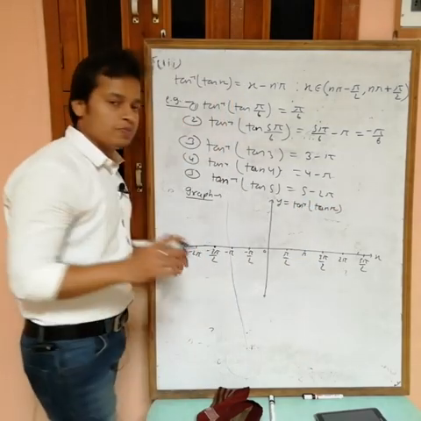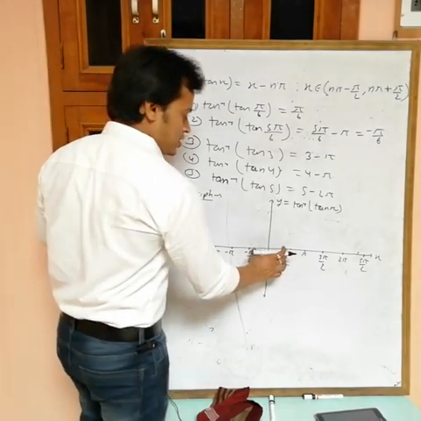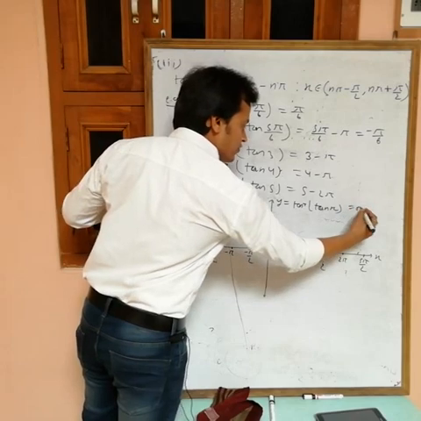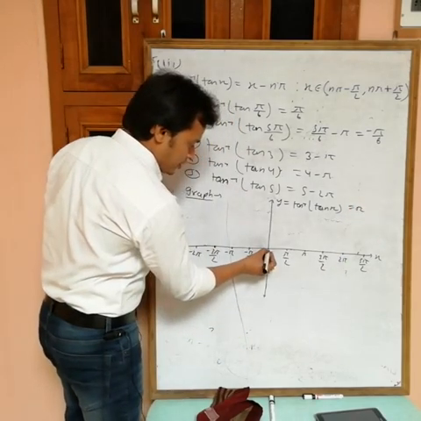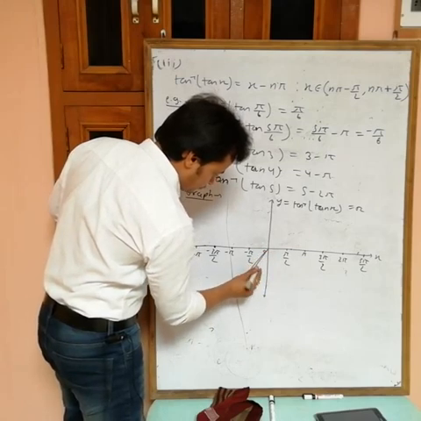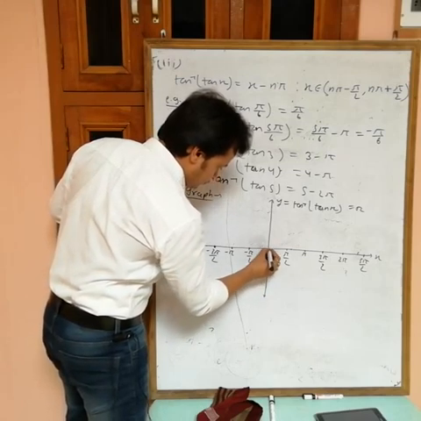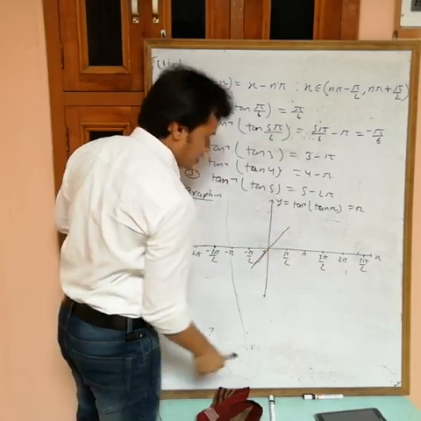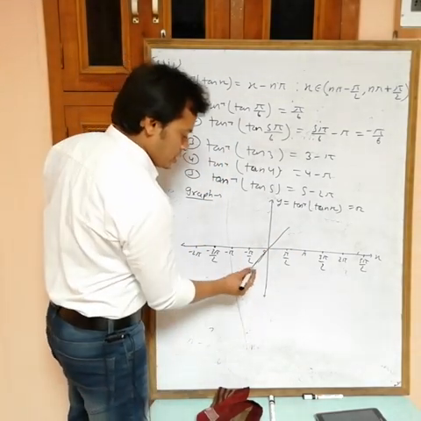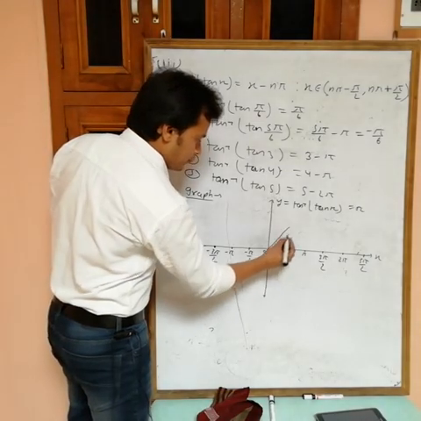The range of tan inverse is minus pi by 2 to plus pi by 2. So first I am considering this interval. For this interval, tan inverse and tan cancel out, so what we are getting? x. So just draw the graph of x. If you draw, then you will get like this one. But pi by 2 and minus pi by 2 are not in the range now, so here you will get a white hole.